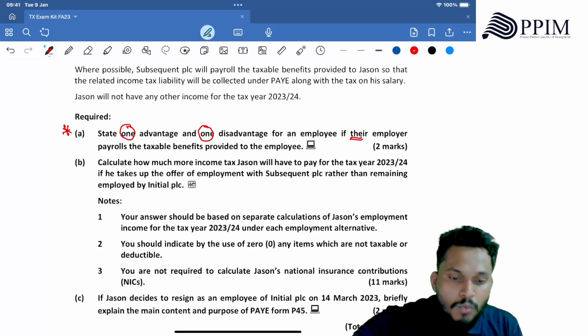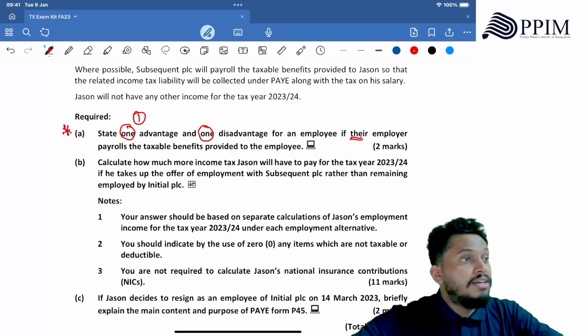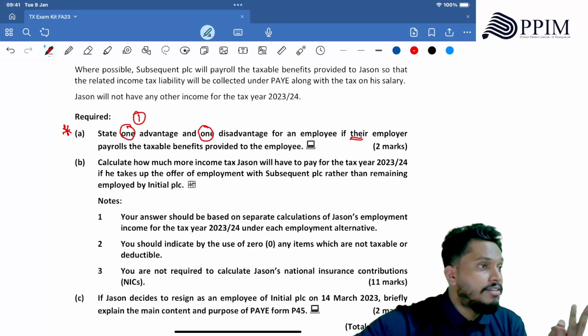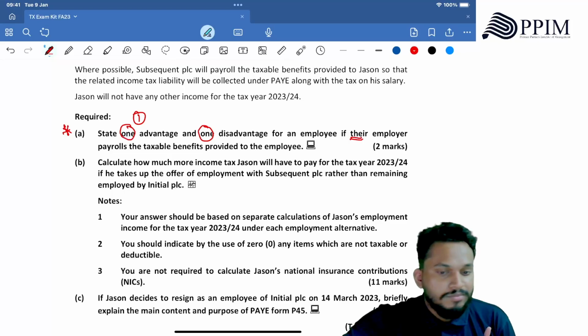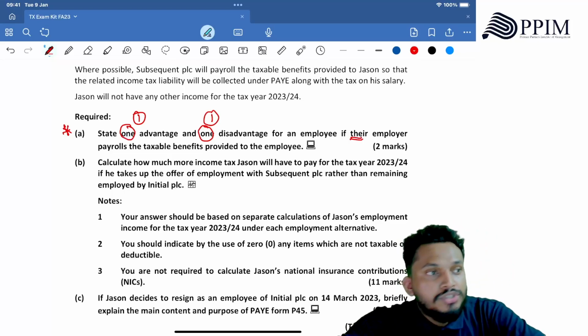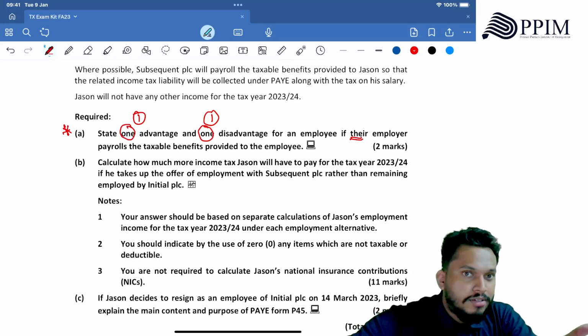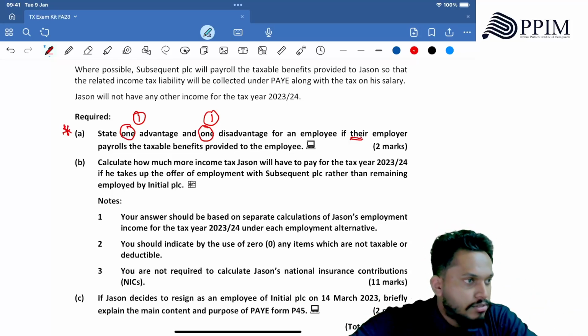That's why they are asking one advantage. Don't write three advantages if you know, thinking that you don't know a disadvantage. Still they will give you only 1 mark, and another mark will be provided to the disadvantage. First, you need to understand that. So don't waste more time here, because you are gaining only 2 marks. Now you are left with only 98 marks.